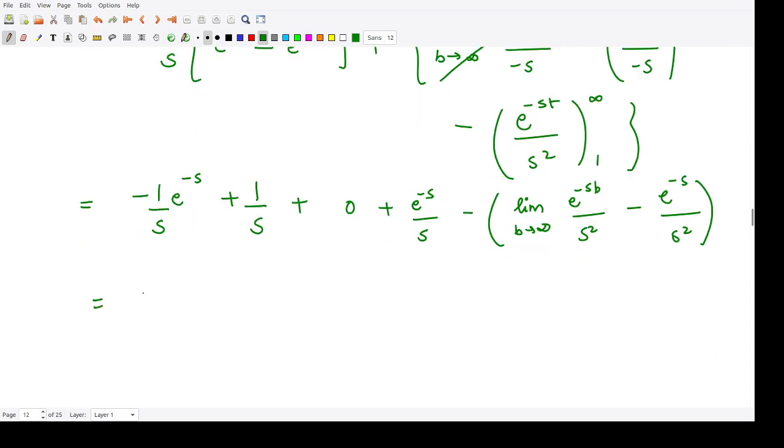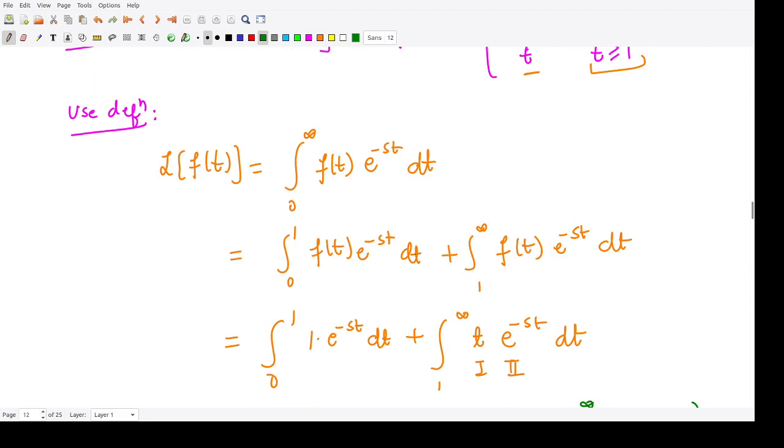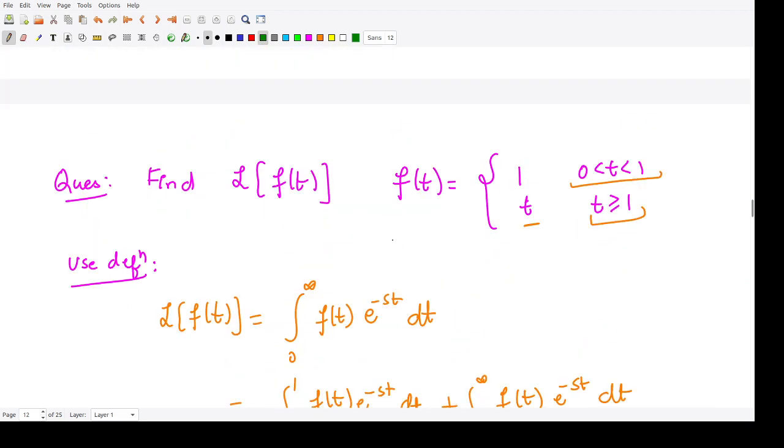So you can again simplify this: minus 1 by s e to the power minus s plus 1 by s, then plus e to the power minus s divided by s, and here also because b goes to infinity, this term would go to 0. So we will be left with plus e to the power minus s divided by s square. So this is the final answer, and this is the Laplace transform of this function f of t, defined to be like this. So next